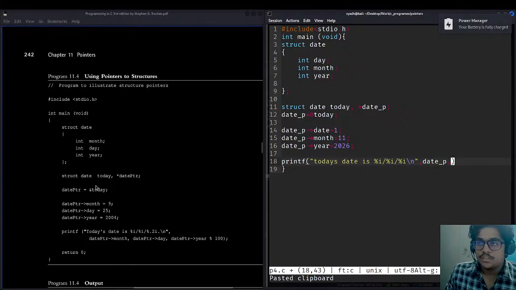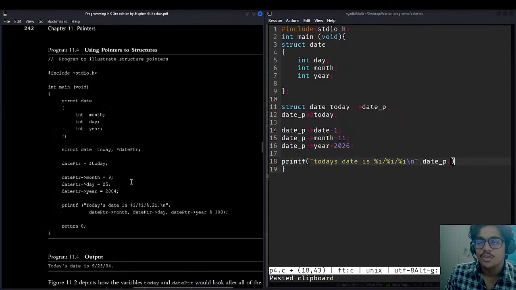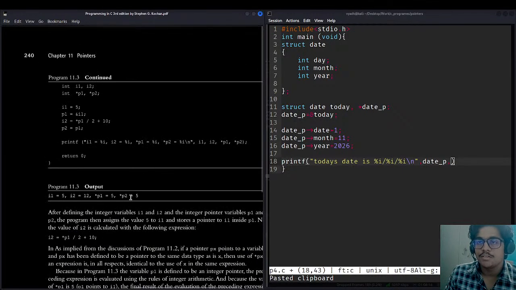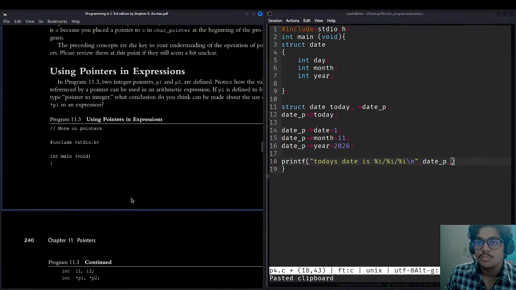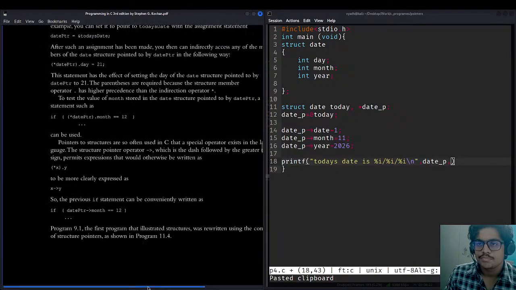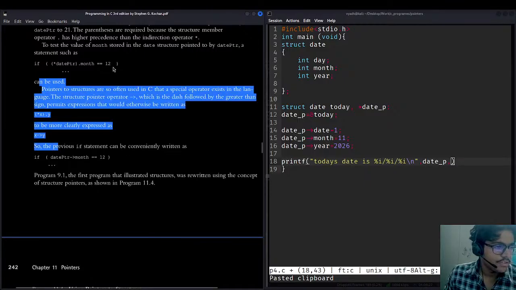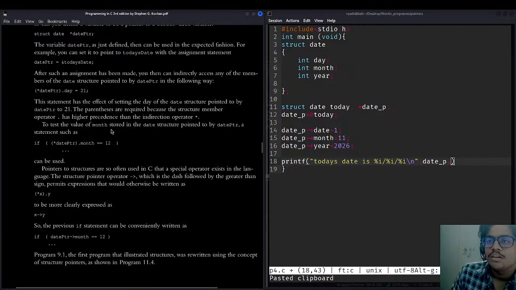Yes, this is the legit syntax, but it is a way of writing. I have already read the text, that is why I skipped that part, because now you are saying to print. Where was that? Using pointers in expressions, I guess. Where is the page? Yes, this was the important part. My professor said this day won't work. This will not work. No, I think, let's read this. Why get confused? I think it is working.